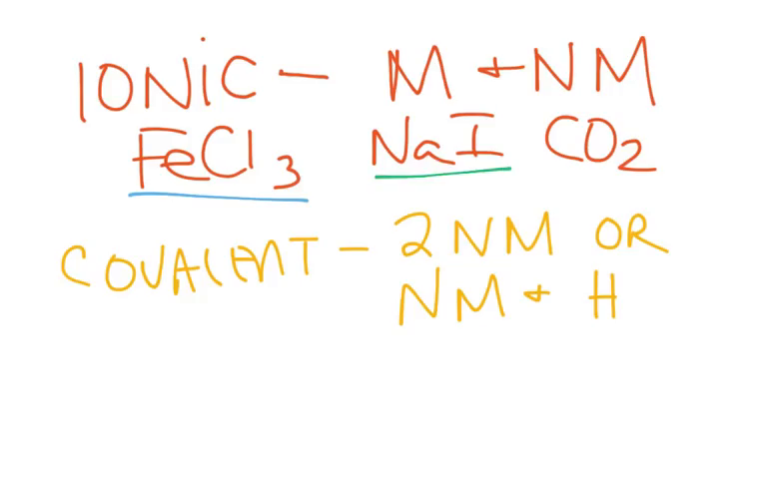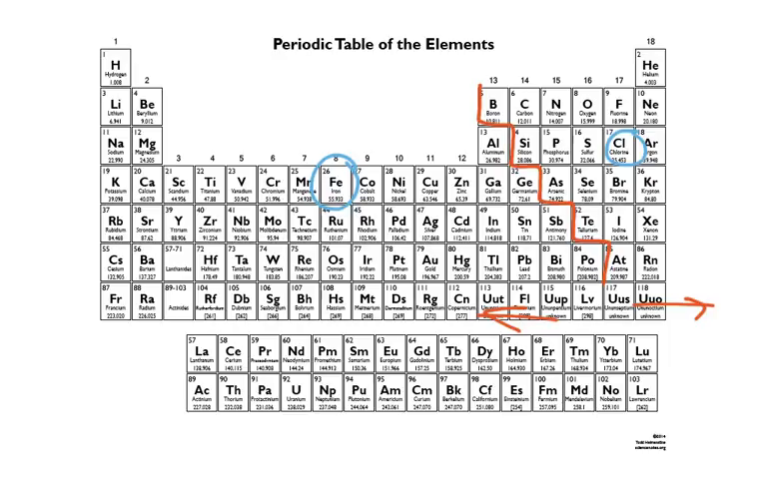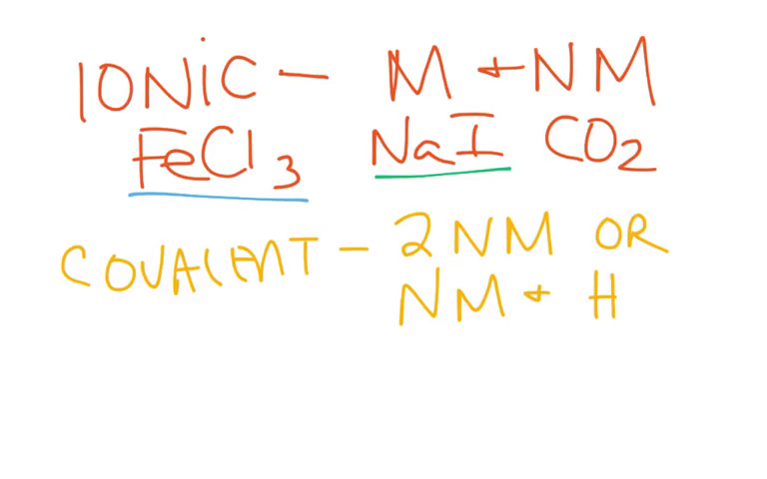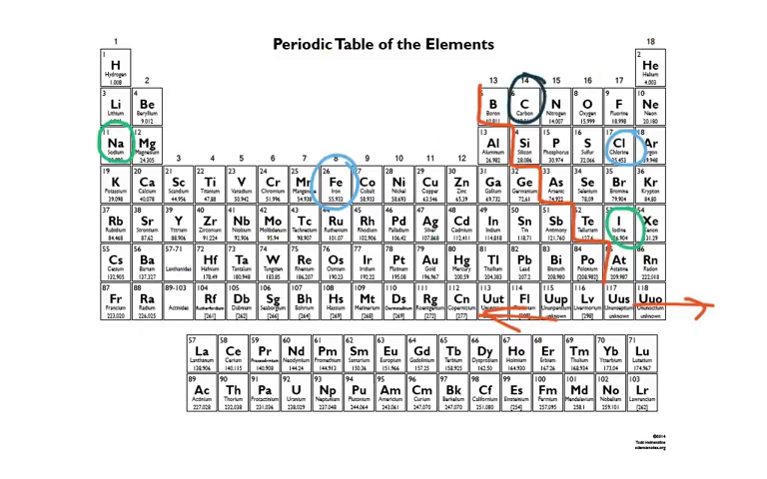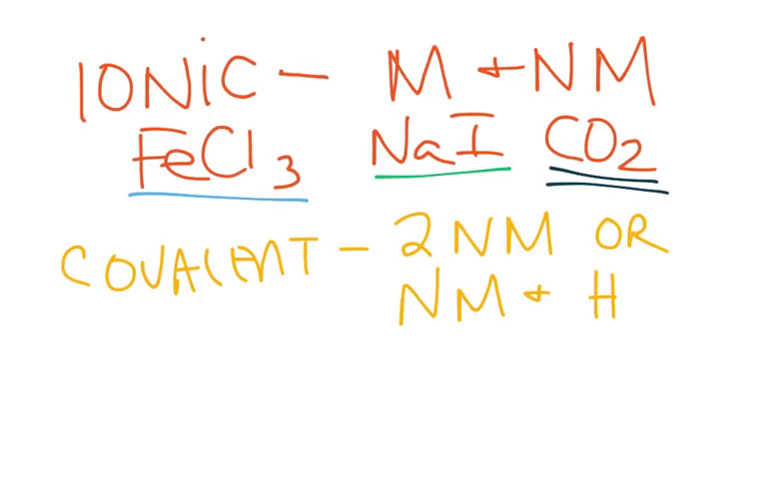NaI is the next one we're going to look at. Again, back to my periodic table. There's Na, there's I. That's a metal and a nonmetal, that's an ionic compound. Third one I'm looking at, CO2. Go back to my periodic table. There's carbon, there's oxygen. That's two nonmetals, that's covalent. Now this sounds ridiculously simple, but this is the basis for actually mastering the difference between ionic and covalent,